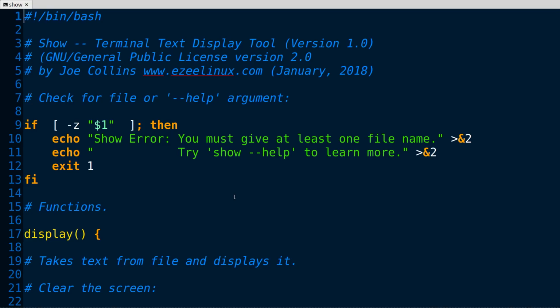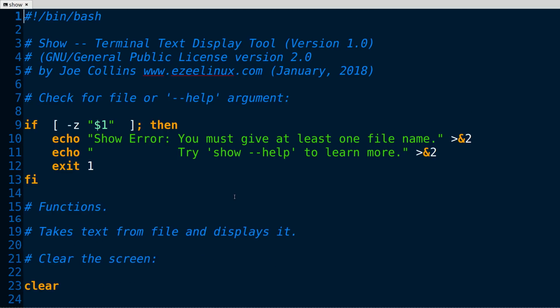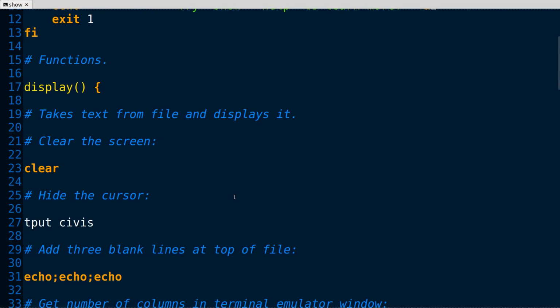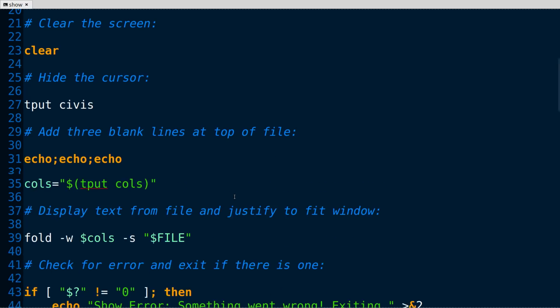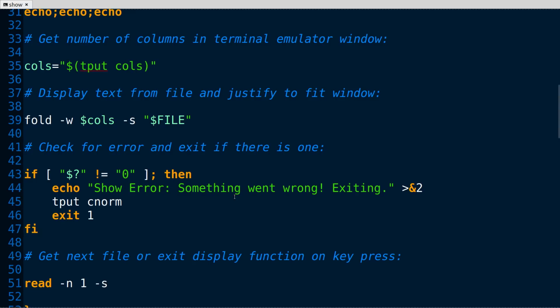Okay, here we are. Show essentially just grabs a file, and the first thing it does here that I can see jumping out at me, it turns off the blinking cursor, so you can't see the cursor. And then it grabs your file that you put in the list, and it uses a utility called fold to do a word wrap, so it fits in whatever size terminal that you're using.